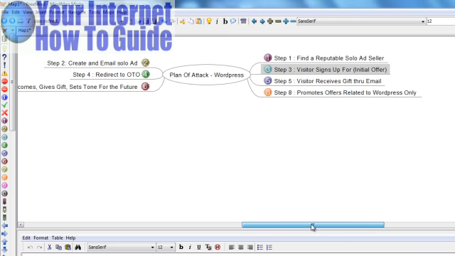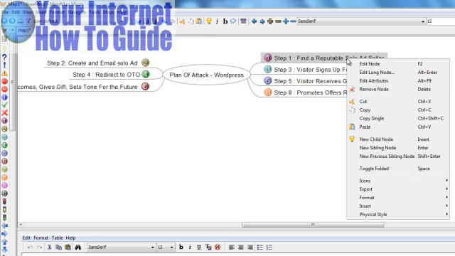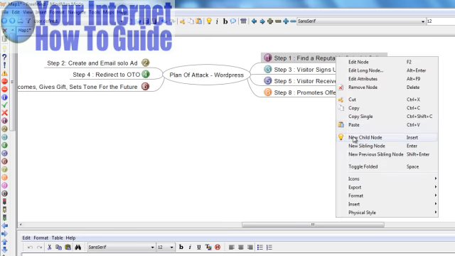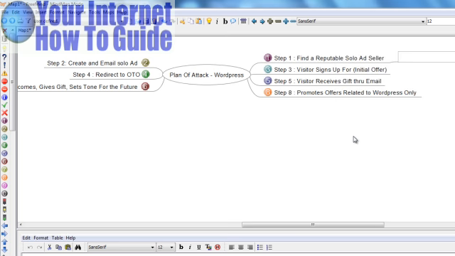Now what we can do is we can start adding to the mind map. So for example, when you say find a reputable solo ad seller, you could do a child node, you could do a sibling node. But in this case, I'm going to do a child node. And what I recommend that you do is when you find a good reputable solo ad seller, make sure that you put website, contact name, stuff like that,